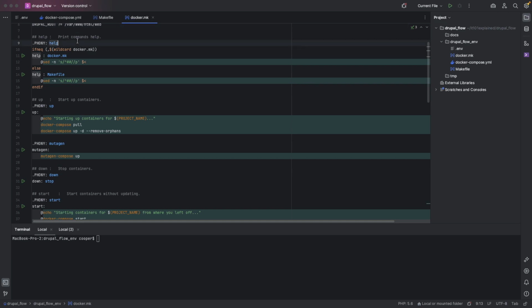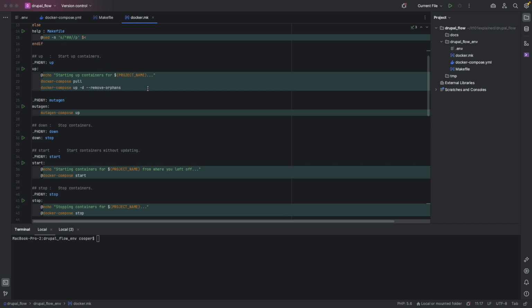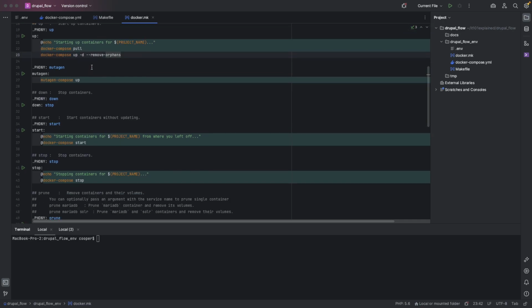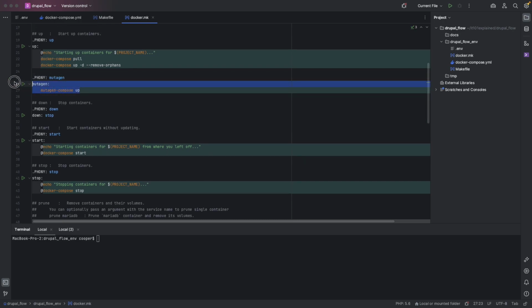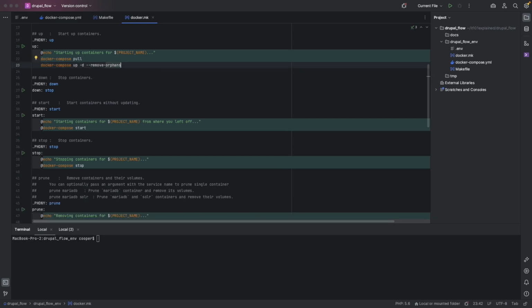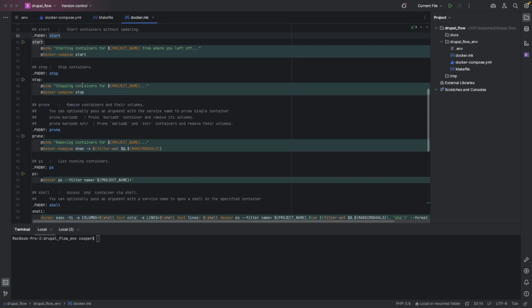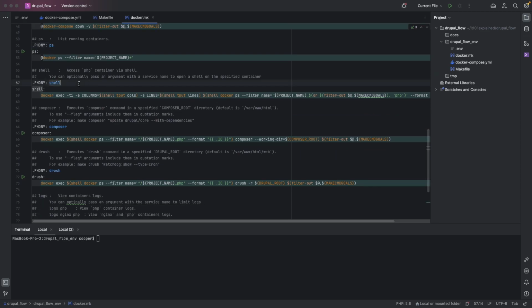Some help section, docker.mk file, our up section, Mutagen, and actually we do not need this. We're gonna use something different. Stop, restart, prune, ps, shell,